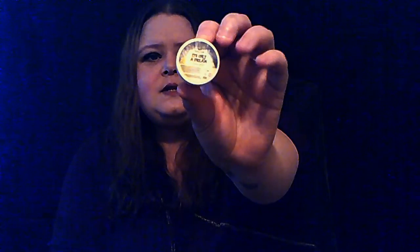So I'm going to start off with the It's Only a Dream Cuticle Butter. These are all sample size products. So it comes in a little jar like this, and you just unscrew it, and it's cuticle butter, and you stick your finger in it like this. And you just rub it around your cuticles to soften your cuticles up. And that's just easy as can be. And it smells